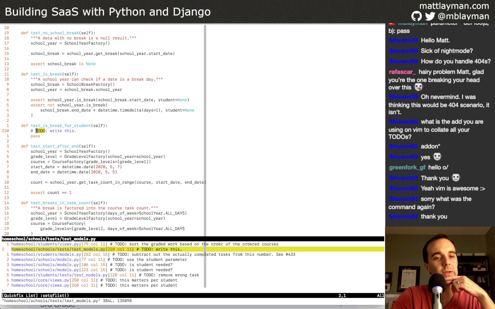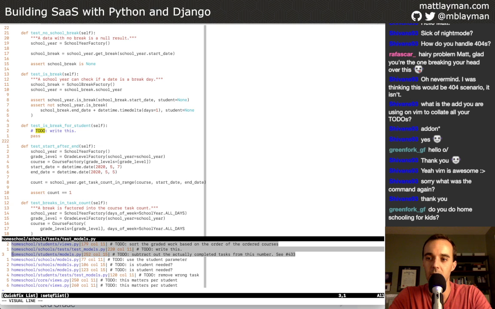I don't think that we can write this test yet because we're not making the actual model change this evening that's going to make this work. What we're trying to do is just plumb through the student so that when we do make the model change and add the necessary break filtering that works on students, it'll all just work. So I don't think we can write that. So those first three are out.